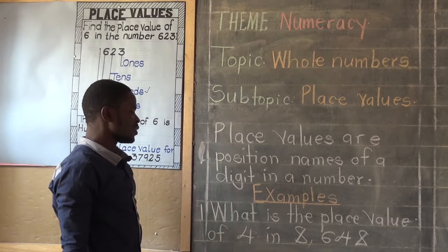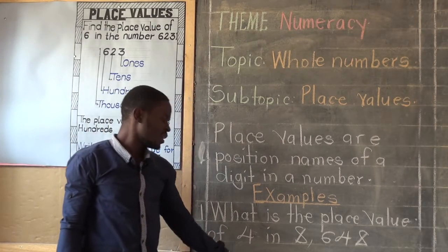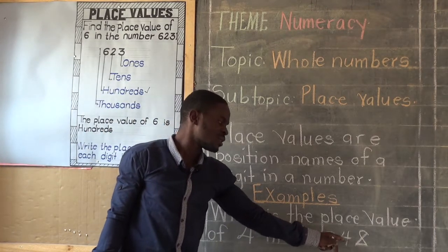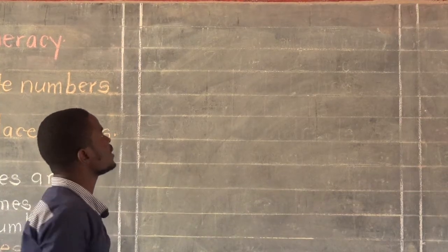What is the place value of number 4 in 8,648? So we shall write